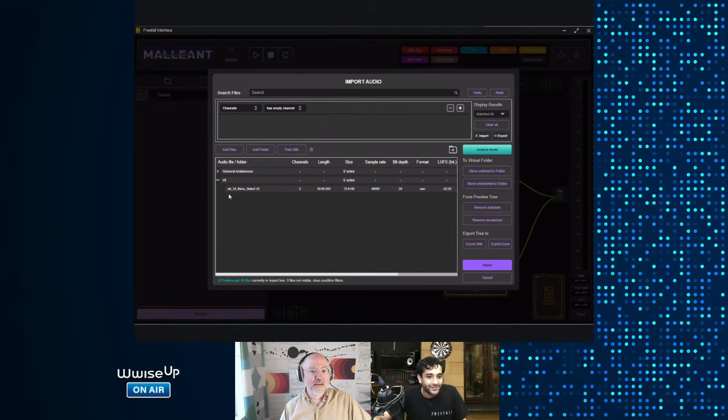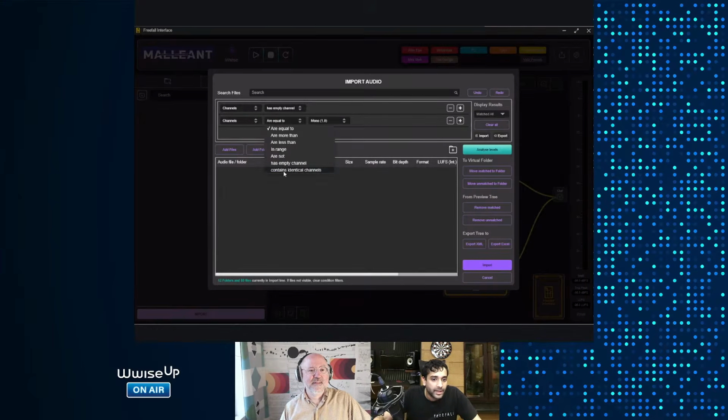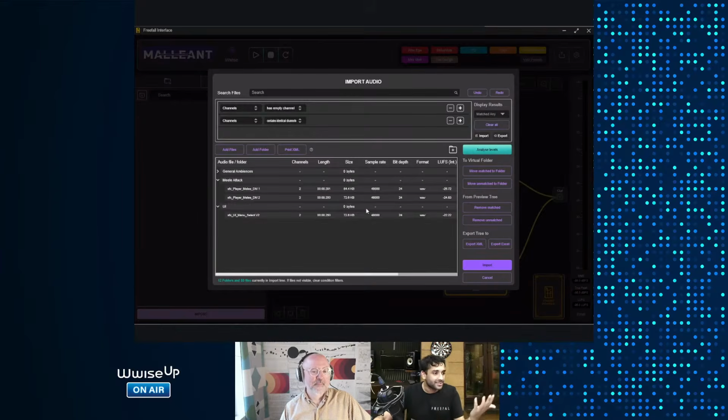Now I know these files in my tree have an empty channel. At the same time, let me find files that have identical channels, meaning the left and the right are the same. I'm going to do display results matched any, so if they match any of these conditions, I can see that these exist.